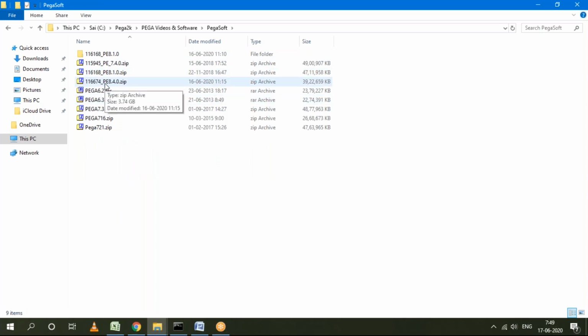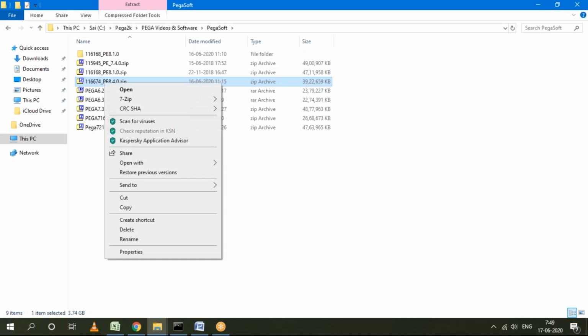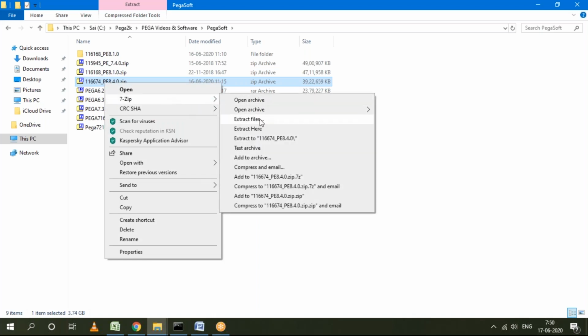So this is 8.4. If you want to extract that one, right click on the file you downloaded. Use this option, extract to folder, or extract files. Don't use extract here.